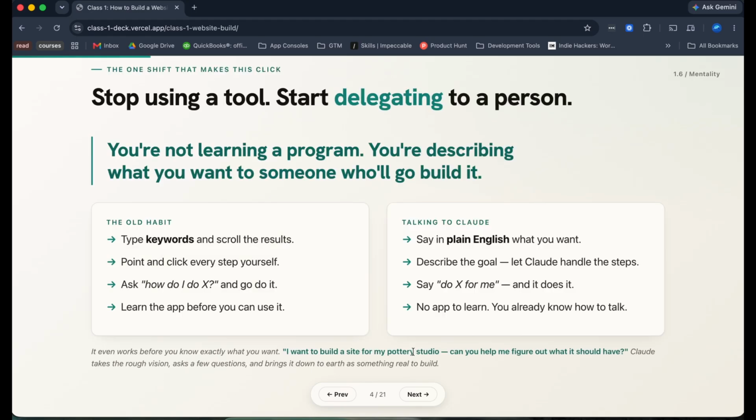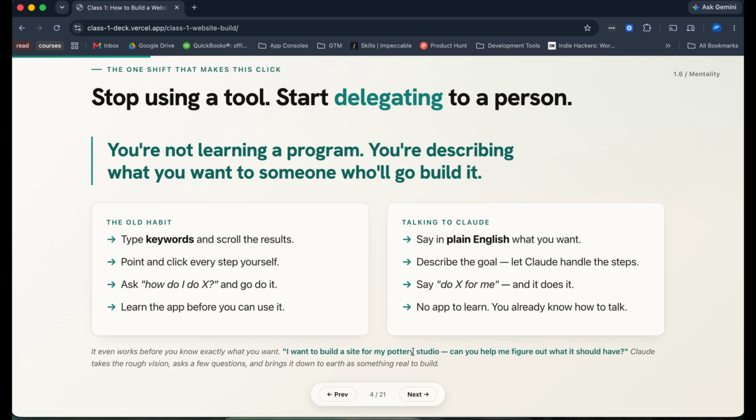So I said this in the prerequisites, but it's worth reiterating again here. Now that we're using AI and Claude Code, there's a little bit of a mentality shift that I think everybody should follow, which is that start talking to Claude as if you're talking to a person or an employee.